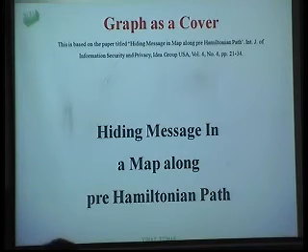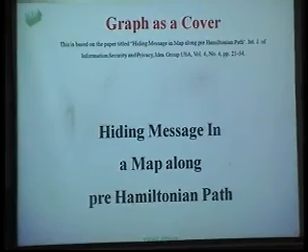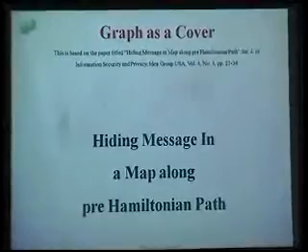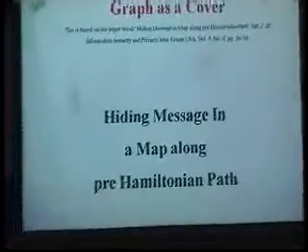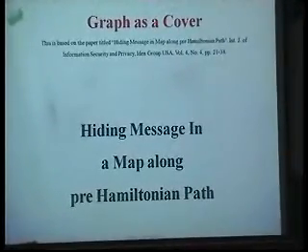So this is another example. First we have taken a digital cover of any type. For example, we have taken a 24-bit BMP image and the message, found the relationship, and we are hiding. This is an example where we hide the information in the map itself. The map means a graph. Those who have done planar graphs, all of you MCA students and the faculty over there, a planar graph is basically a map. So overlapping of segments is not allowed. So this is nothing but hiding in the planar graph.